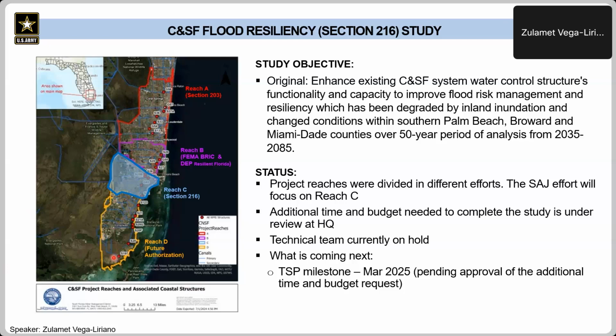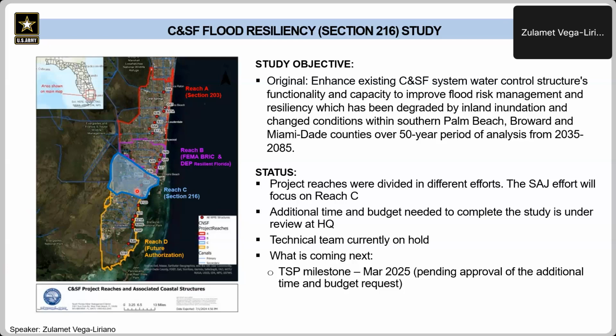The path included dividing the study and pursuing a study per planning reach as follows. Reach C, the blue reach here and highlighted,